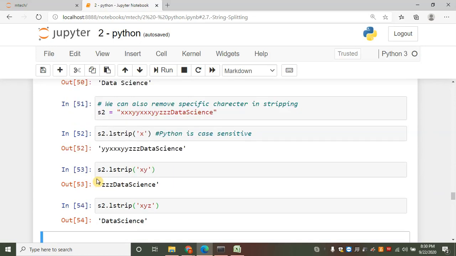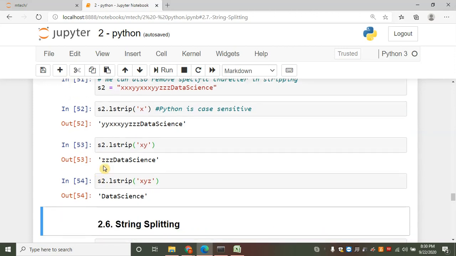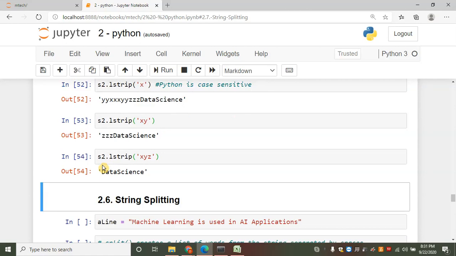I can use s2.lstrip('XY'). It removes both X and Y. See, Z is the only leftover character other than data science. So to remove X, Y, Z, I use s2.lstrip('XYZ'). So I got only my string of interest and the other characters got stripped.